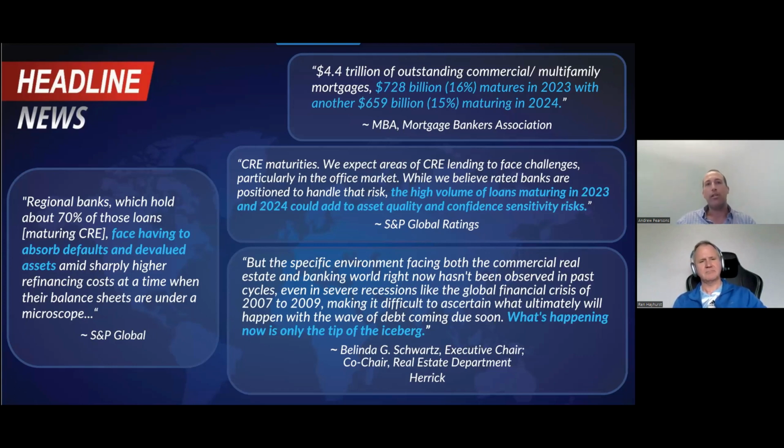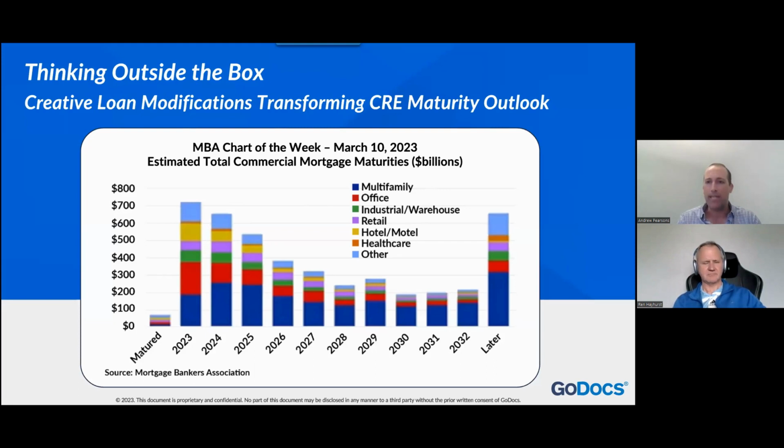So as I mentioned earlier, commercial loan maturities, and maybe more to the point, the risk of default, has really captured the media's attention over the past several weeks and months. I would say it's actually become so ubiquitous that I was at a family event a few weeks ago where my 80-year-old aunt cornered me and started peppering me with questions about the commercial lending, commercial real estate market, which is probably the first time that I was that popular at a family event. So it was nice to see that happen for a little while.